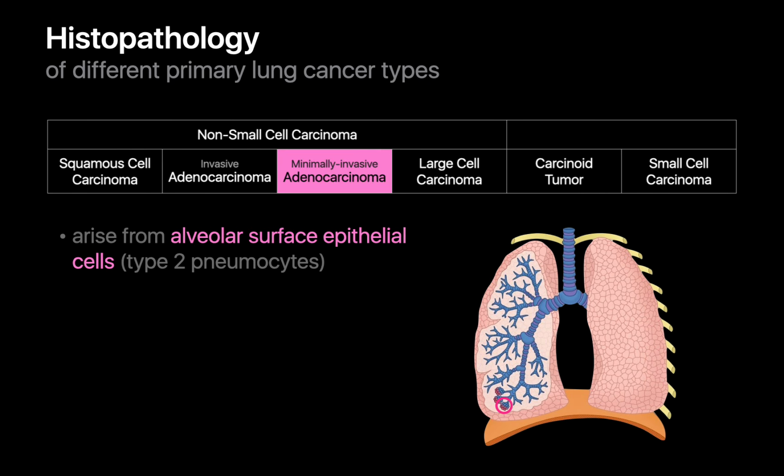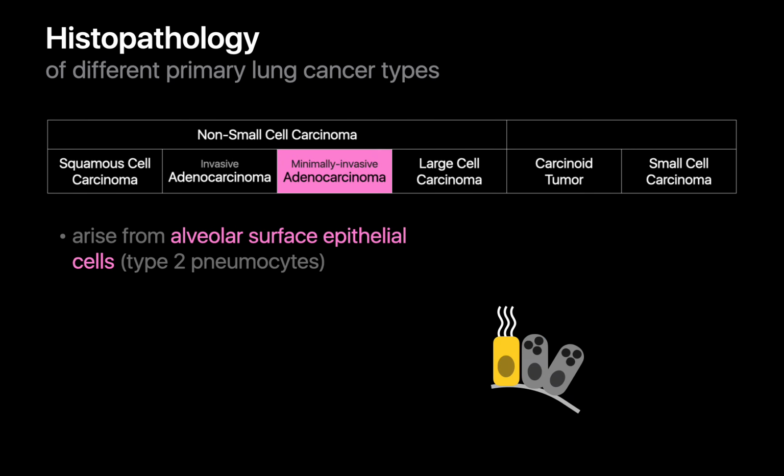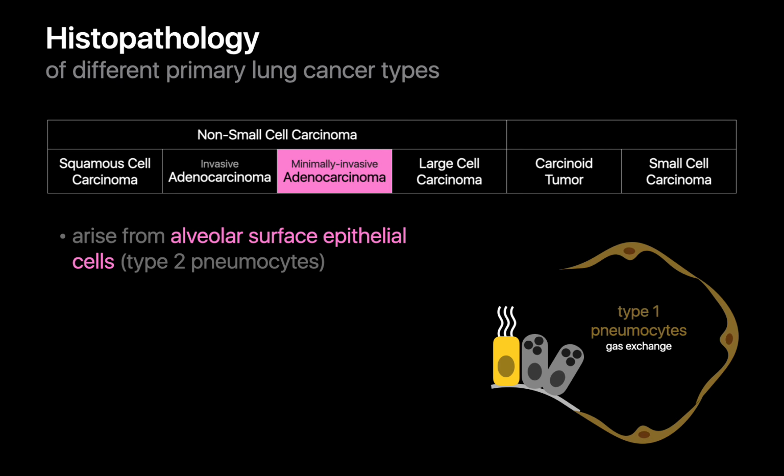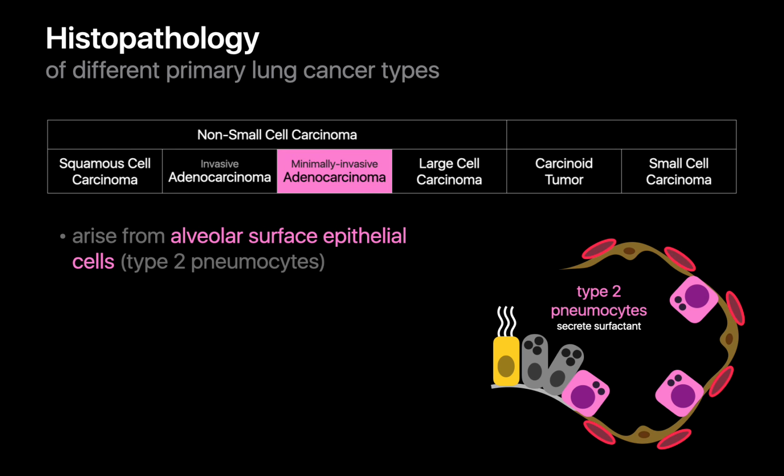Minimally invasive adenocarcinomas tend to be peripherally occurring too. While you may encounter goblet cells and club cells in the alveolar ducts, the alveolar sacs primarily consist of type 1 pneumocytes, capillaries, and type 2 pneumocytes responsible for producing surfactant. Minimally invasive adenocarcinomas tend to be very peripheral in distribution since they usually arise when type 2 pneumocytes go bad.